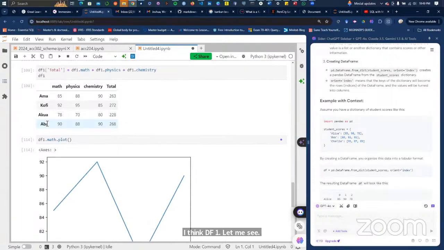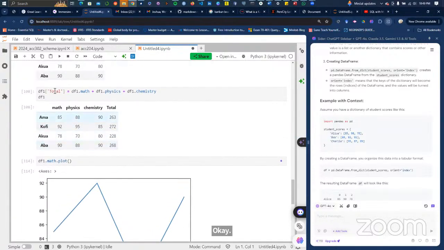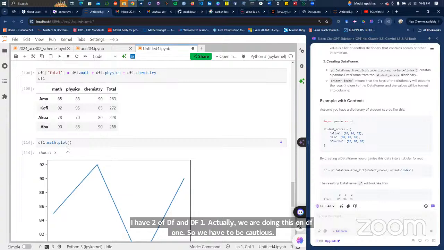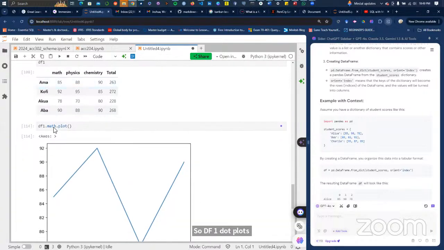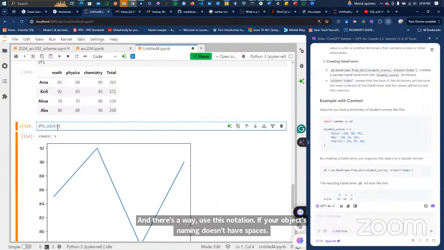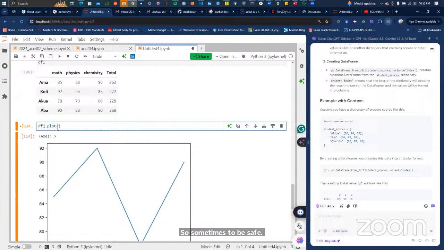I have two objects, df and df1. Actually, we are doing this on df1, so we have to be cautious. So df1.math.plot. I'm using this dot notation, and you can use it if your column naming doesn't have spaces. To be safe, whether the name has spaces or not, you can use the square brackets. In that case, you pass math as a string, and it will do the same thing.